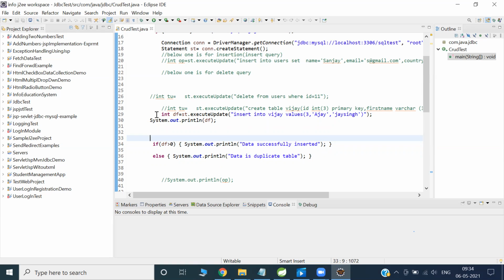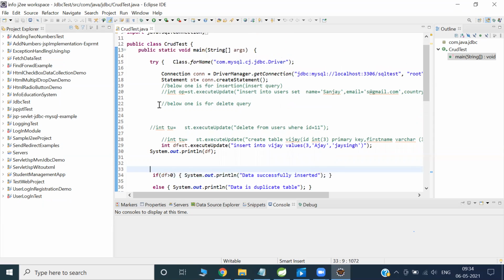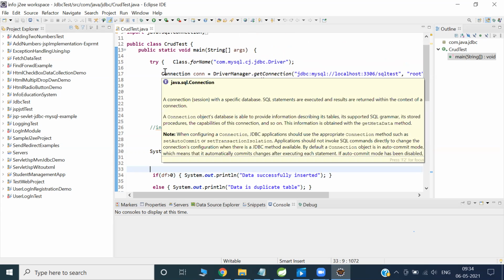Let's say that is a main class. One method is updating, one method is giving a connection. You know what a connection is? If someone asks me what a connection is, just think of a connection like a token.